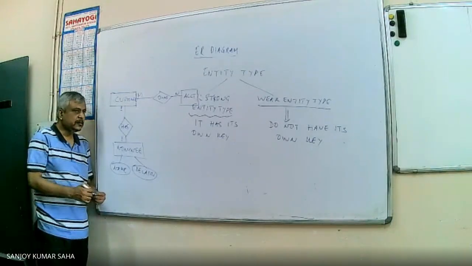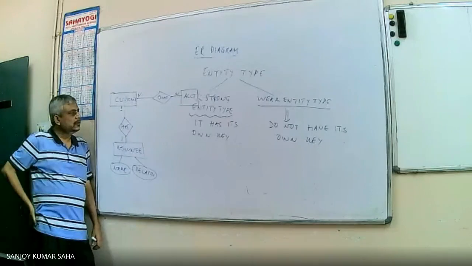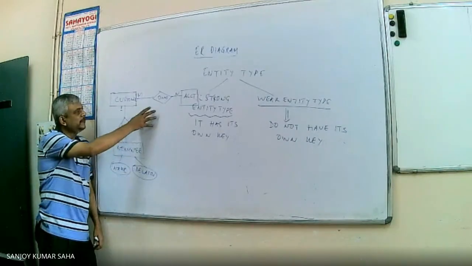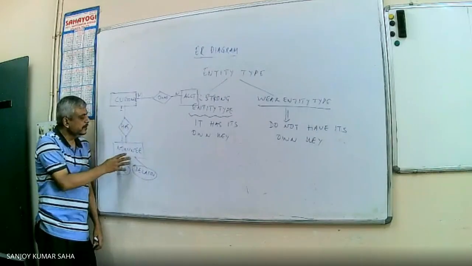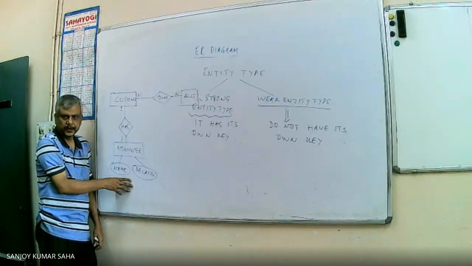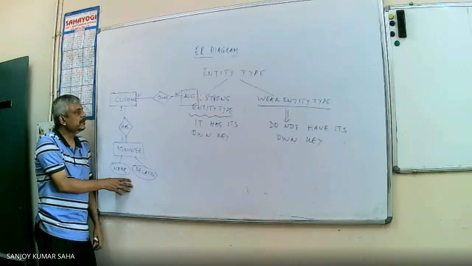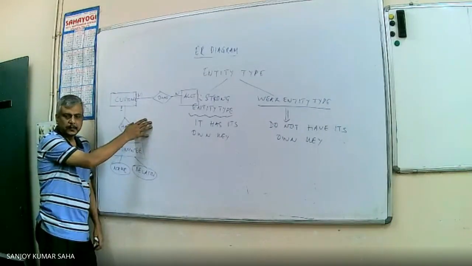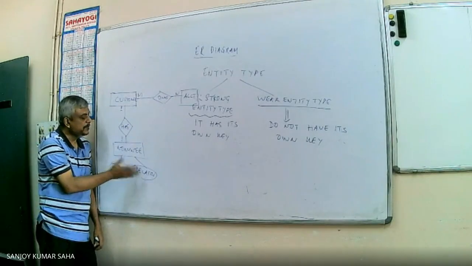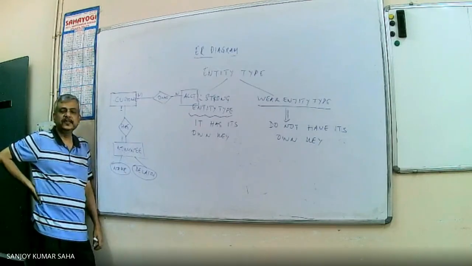Now see, theoretically it is possible that for different customers, the nominee is, say, the wife of the person, or son of the person, or daughter of the person, the customer. If it is like this, say two different customers may have a nominee with the same name and maybe that relationship is also the same.